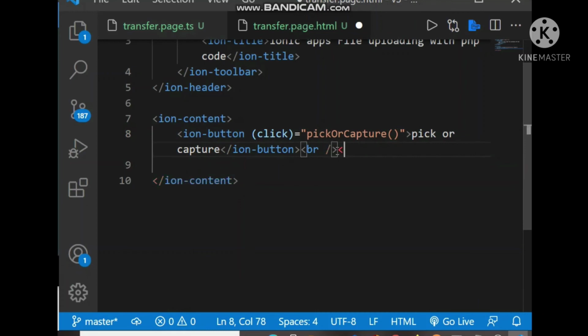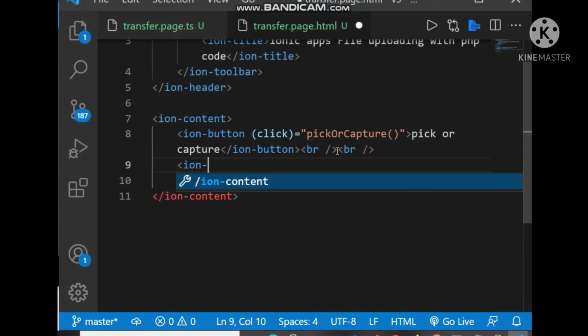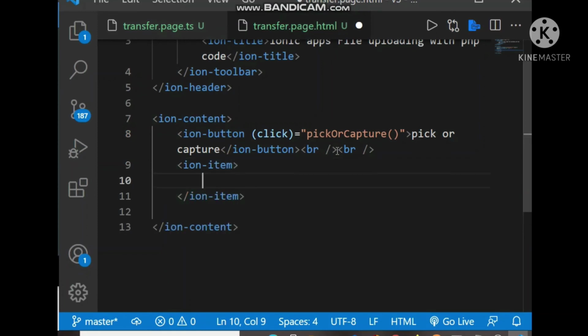Now inside an item we will show the image and also put an upload button. It must only show when we have base64, so we put ngIf base64 here.